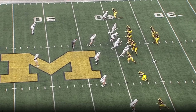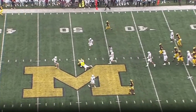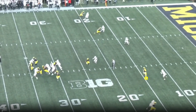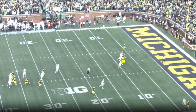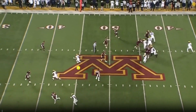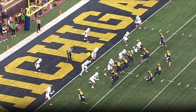So as a receiver, right, really fluid, really refined here, quick attack of leverage, and to just give yourself a little extra space on the slant route. Here, same thing, right? Continue to pressure vertically. Just make that 45-degree transition look super, super smooth. The ability to sink his hips, right? Look at how quickly he gets in and out of that break, kind of faking the crosser to work back